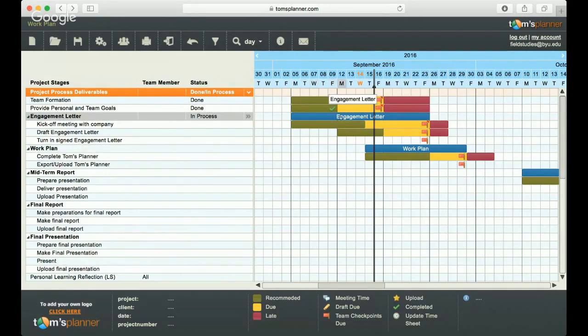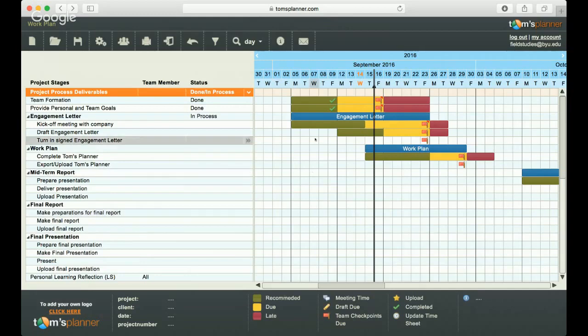Over here in the middle, underneath the calendar, in the blue, you can see the heading. That's the timeline for each of the project deliverables. Underneath it are these different bars, in different colors, for the suggested time that you complete the given task underneath the deliverable. Underneath here, there's a legend,